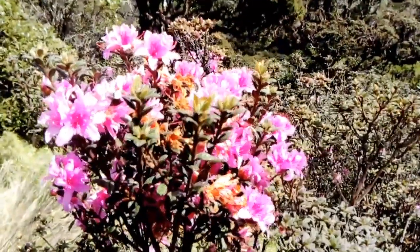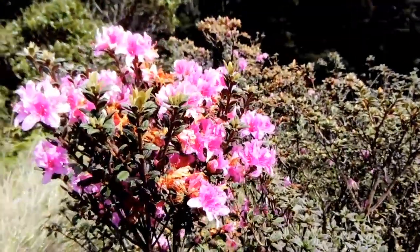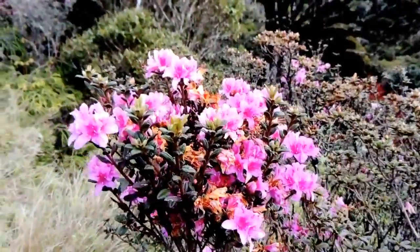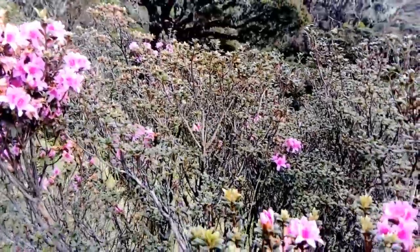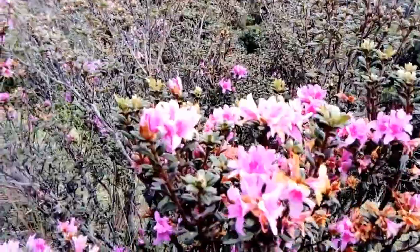illustrative of the high mountains of the Philippines, up in the north of the Philippines, because these receive a lot of plants, or have done over the millennia, receive plants from mainland Asia, China, Japan, and then all the way across to Eurasia and Europe. So there are plants up here on Pulag that you just don't see anywhere else in the Philippines, because A, most of the Philippines is tropical, and B, most of the Philippines doesn't get that many plants from